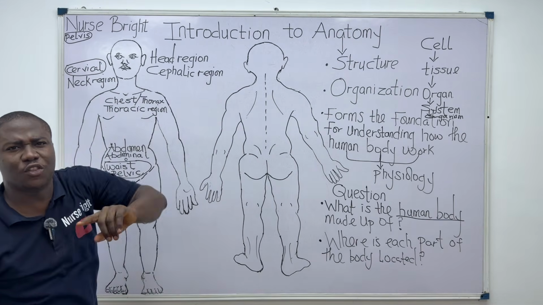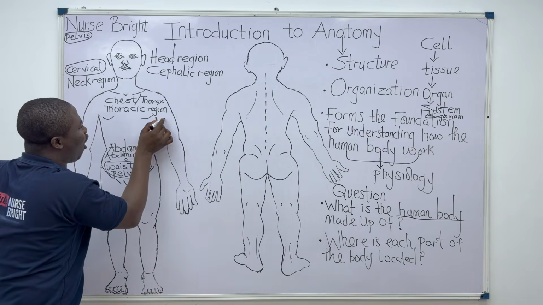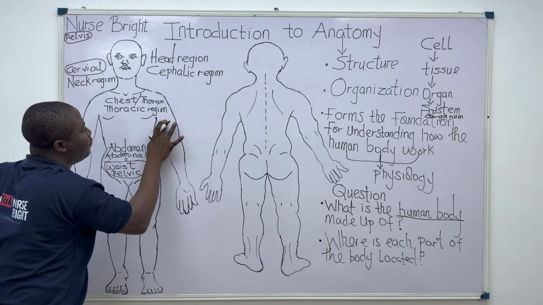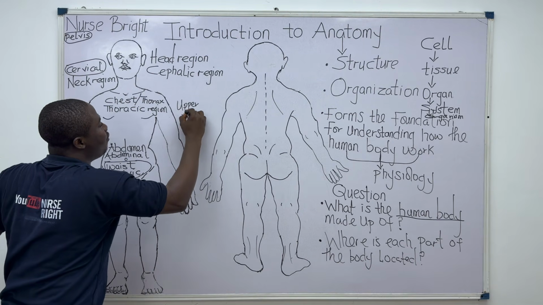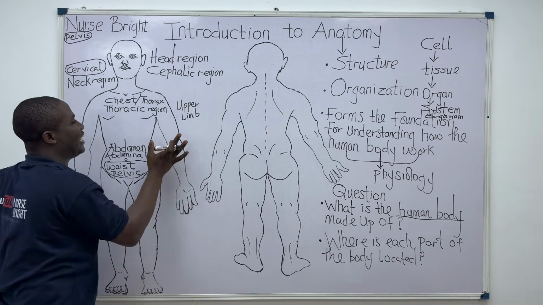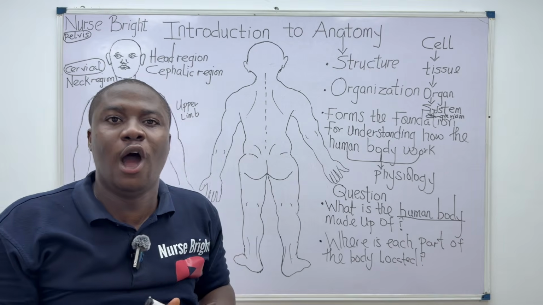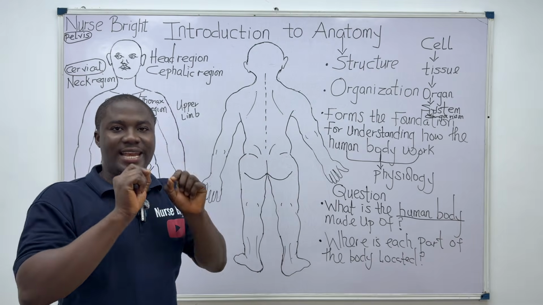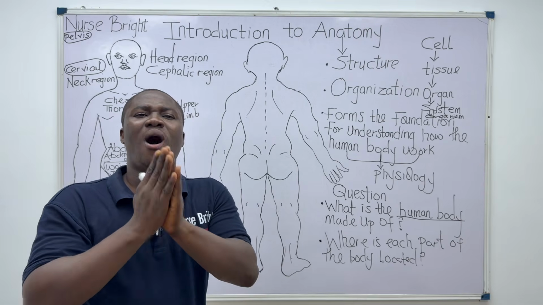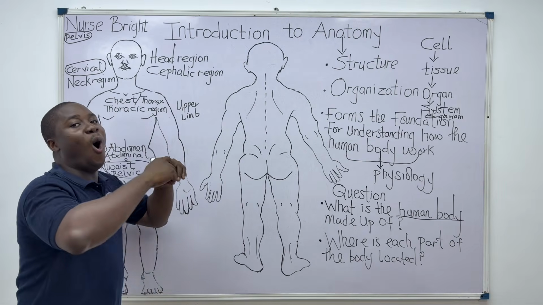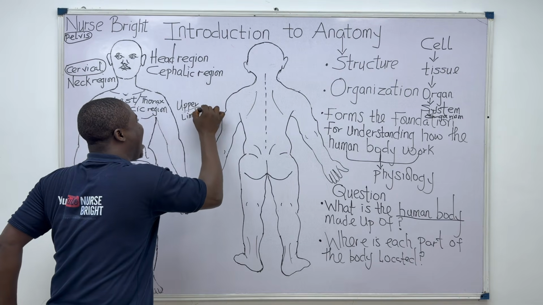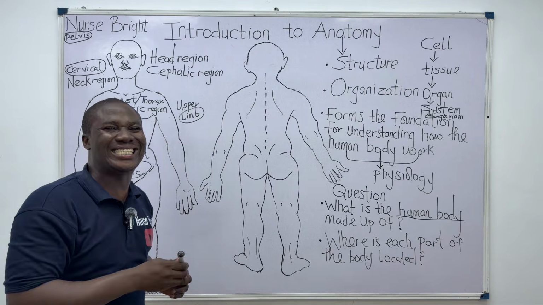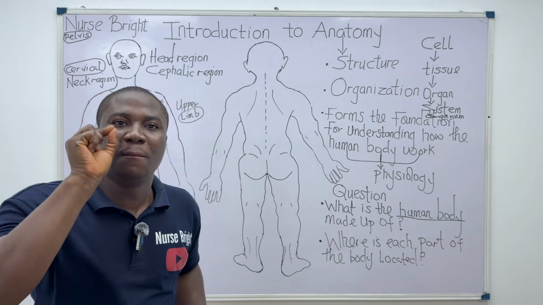This full region of the human body, they call it the upper limb. Let me write this outside. All right, the upper limb region. Upper is found in the upper part of the body. That's why it's called upper limb. Now, moving further, before I talk about upper limb, it is essential I explain what the term limb means.